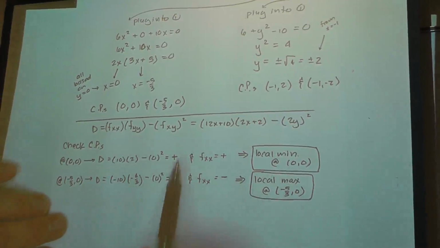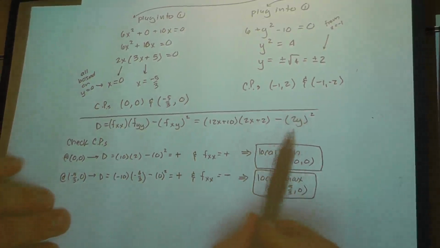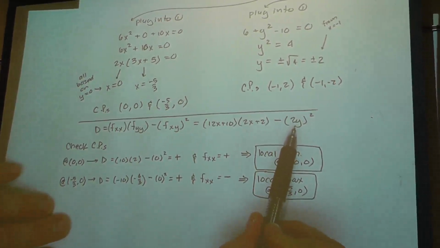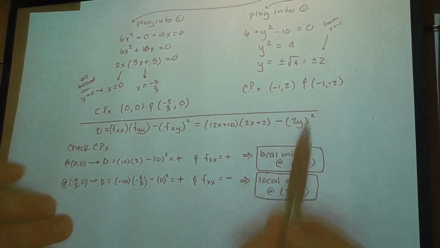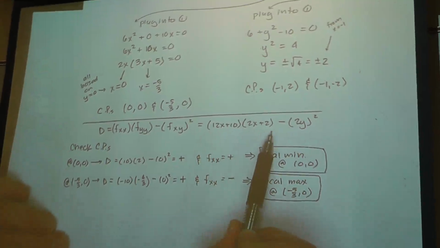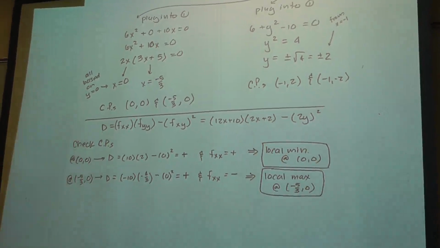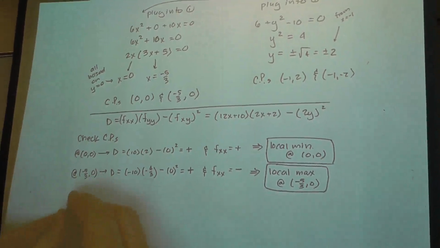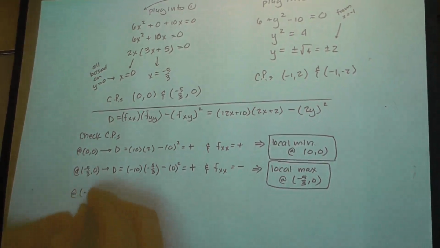Yeah, because the only use of y in your D is right here, and it gets squared. So since you're changing from positive 2 to negative 2, that's going to be the same quantity. This is going to be the same quantity. So we may be able to get away with just checking one of these. So at the coordinate negative 1, 2,